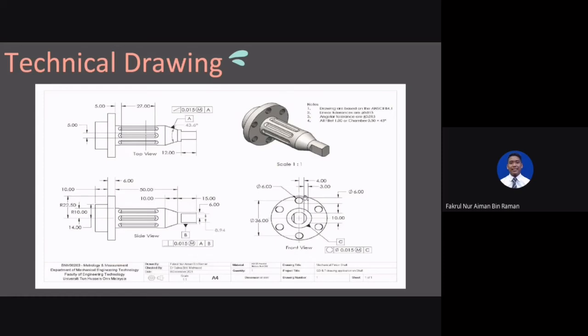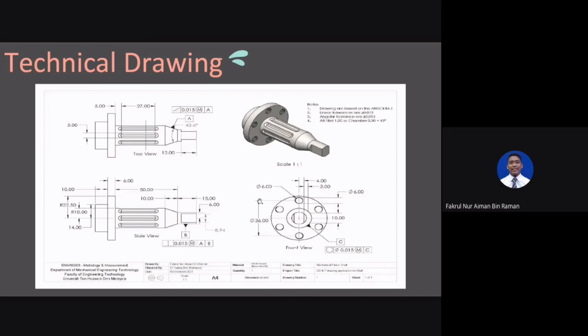We apply the GD&T at some of the part. The first one is we take the angle and control the angle, which is A. We put the tolerance 0.015 for the maximum of the angle that we can go, and we label it as A. The second one is we take a perpendicular of the shaft, which is at the front of the shaft, and we also put the maximum tolerance 0.015, labeled as B. And the third one is we take a circular and control the diameter of the circular, where the maximum tolerance that we can go is 0.015.